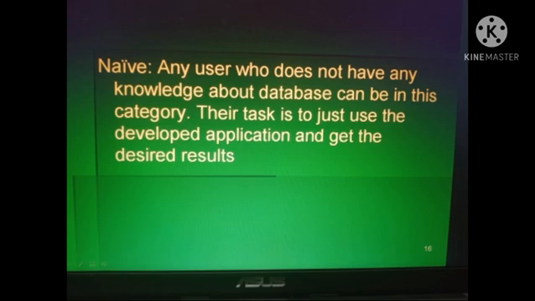For example, gathering information regarding a particular organization. For example, how many colleges are there at Ulundurpet? How many colleges are working as an arts college in Kadalur district? All this information is gathered from the server. They are all considered naive users.